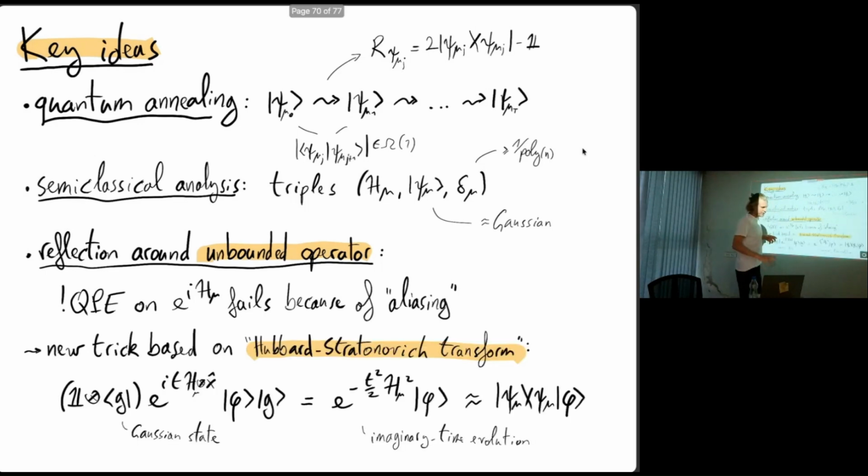And I think this new trick is based on the Hubbard-Stratonovich transform. This is something that with Chantal we actually used at some point. So I was very happy to revisit that. There we didn't use it in a continuous setting. We actually did the work to discretize things and so on. But here we have something continuous. And the key idea is, very roughly, because I'm running out of time, very roughly it tells you that